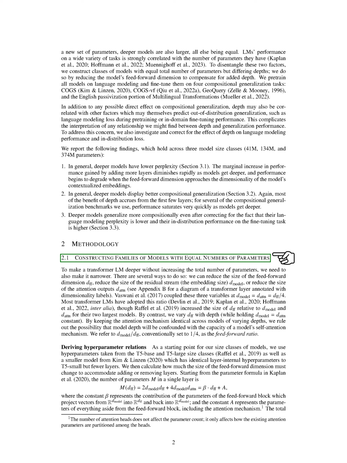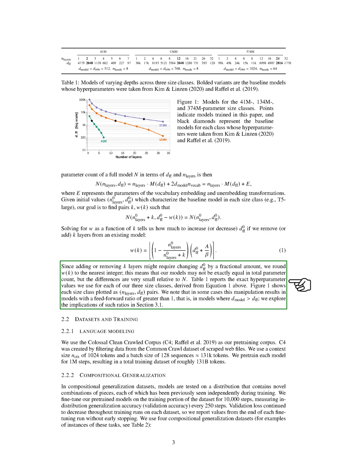We also derived a formula to calculate how much the size of the feed-forward dimension needed to change when we added or removed layers. This allowed us to create models with nearly the same total parameter count, even though they had different depths. In some cases, this resulted in models where the feed-forward ratio was greater than 1, meaning the size of the model was greater than the size of the feed-forward dimension. We explored the implications of this in our study.